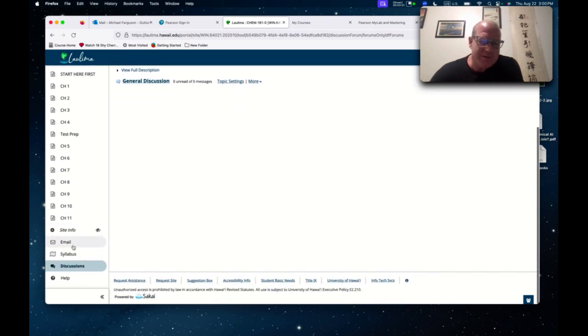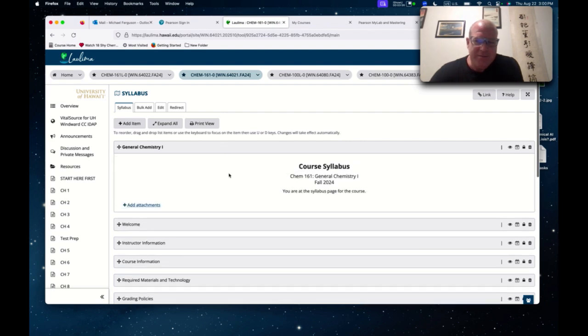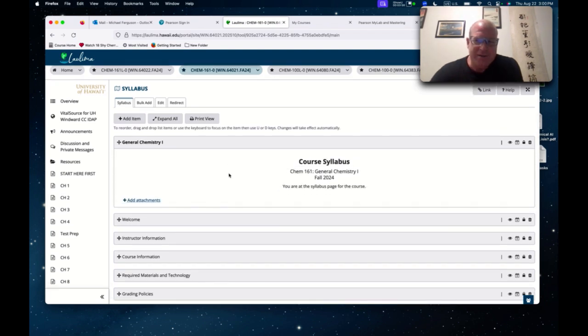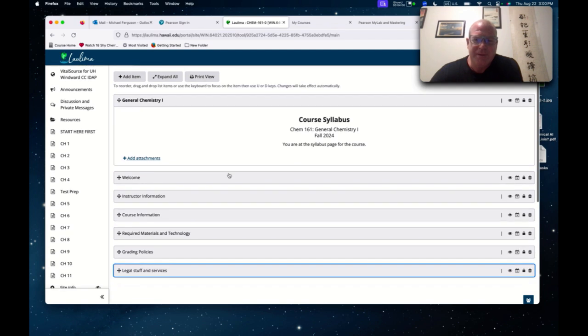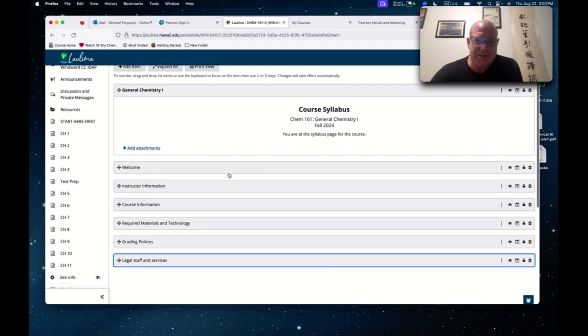But let me go to the syllabus. You can see down here, go in the syllabus. About this course, the general chemistry class. This is the first semester chemistry class that is taught pretty much the same way around the country. It's been taught pretty much the same way since the 1960s, when Linus Pauling literally wrote the textbook on how to teach this class. Some things have changed. Some knowledge has evolved, and we have prettier pictures and nicer things like AI and calculators, but the content of this class really hasn't changed all that much.